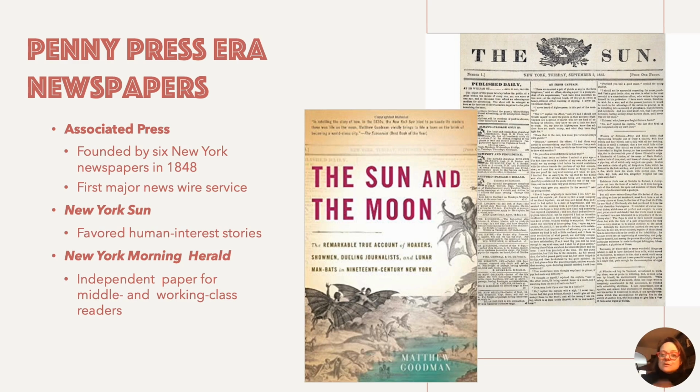So I've also included here some info for you, and this is in your optional reading for the week. The Sun and the Moon is the story of a scandal around the New York Sun based on their reporting a discovery of people living on the moon that had wings, and it's sort of like a lot of the things we think about as part of contemporary tabloid news, but it also explains a lot about how penny papers